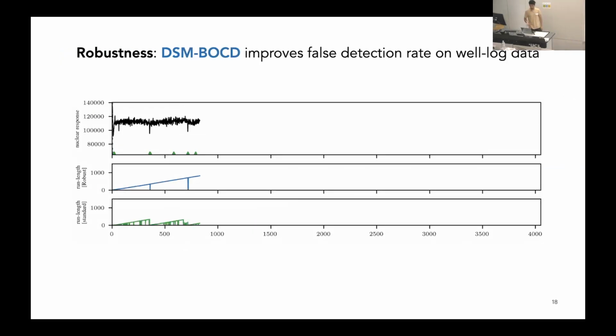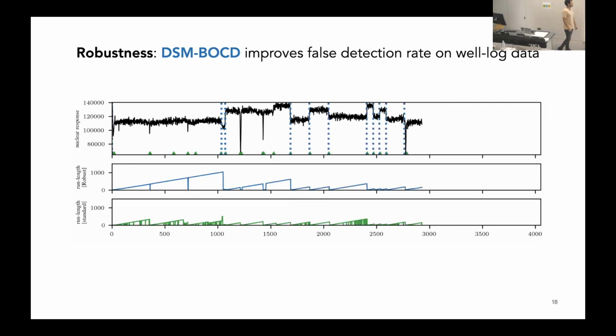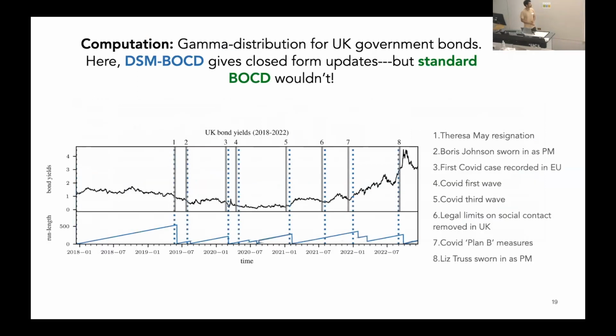Again, the same example with the well-log data, and again we can see an improvement, a big improvement from the standard BOCD. Here, when the standard got crazy, we didn't find any change point as well, like these two outliers. In terms of computation